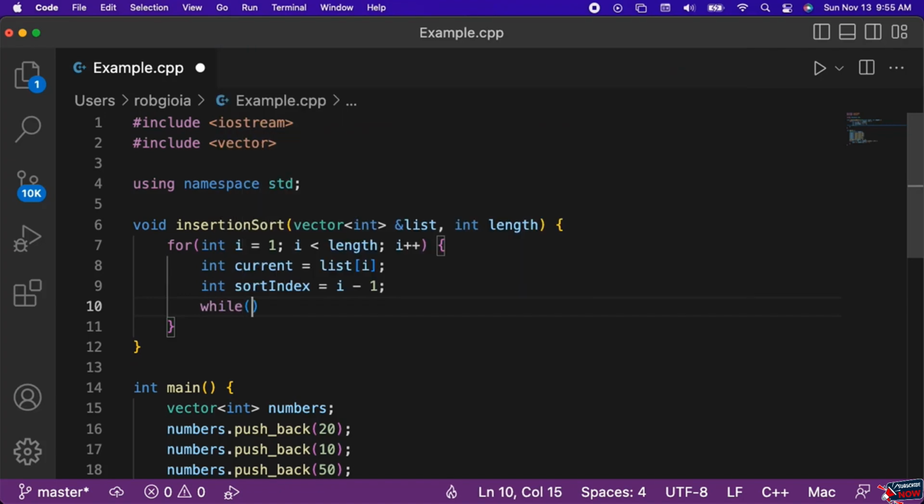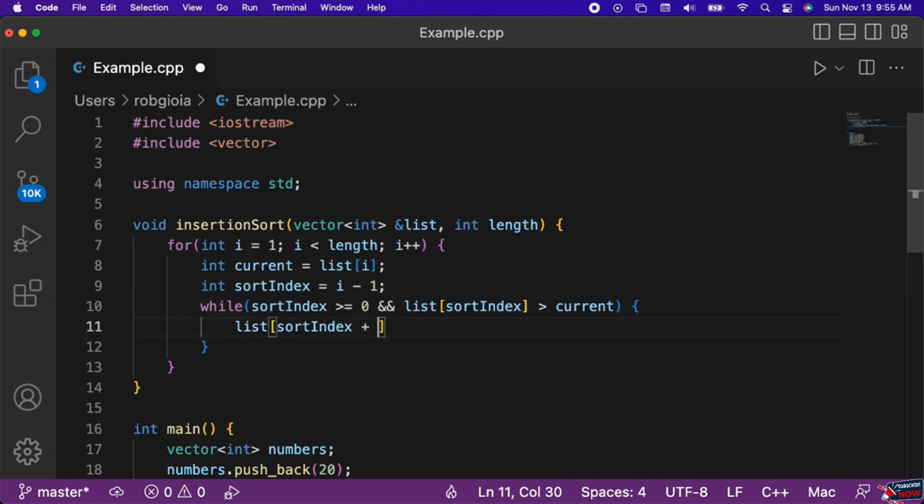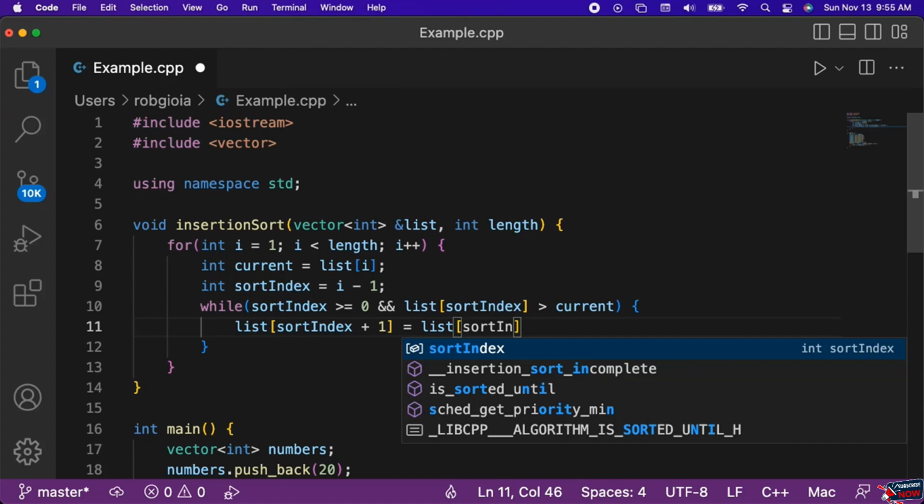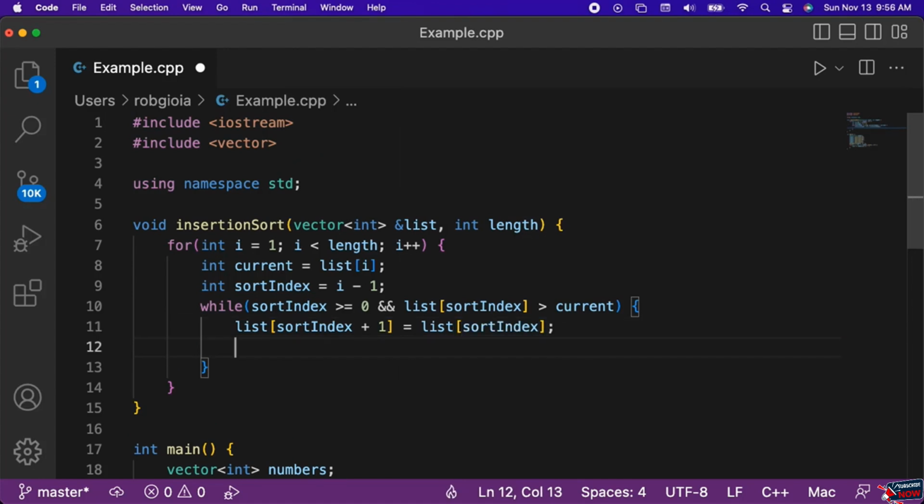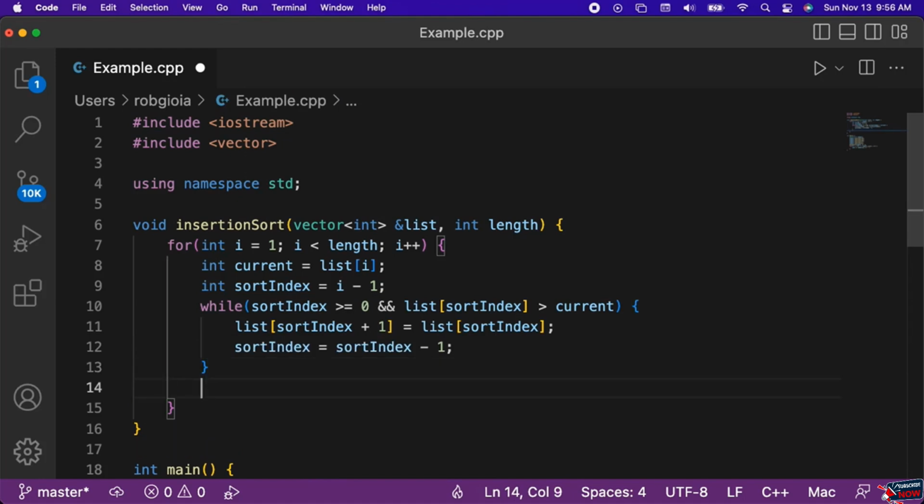After that, we will have a while loop that runs while sorted index is greater than or equal to 0, and list at sorted index is greater than current. Inside of the while loop, we will set list at sorted index plus 1 equal to list at sorted index. Then we will set sorted index equal to sorted index minus 1. Outside of the while loop, but still inside of the for loop, we will set list at sorted index plus